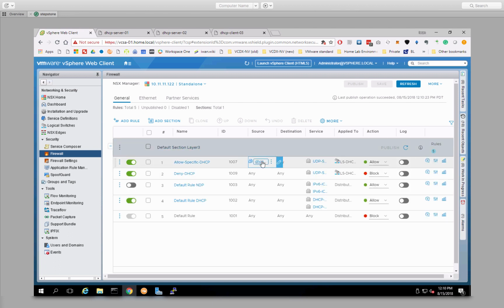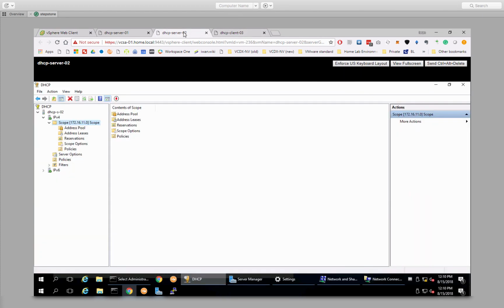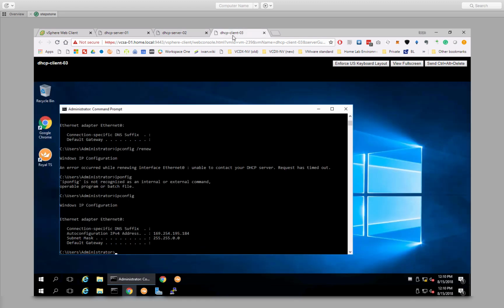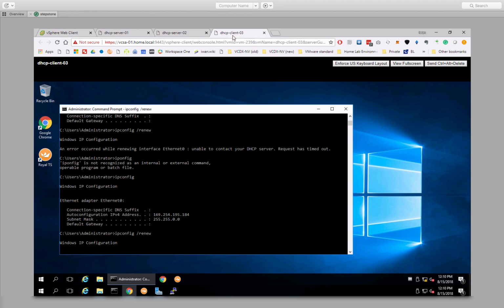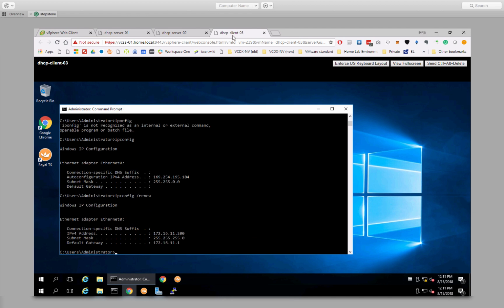Now it should get an IP address from the second DHCP server, right? Well, let's check. And there you go,